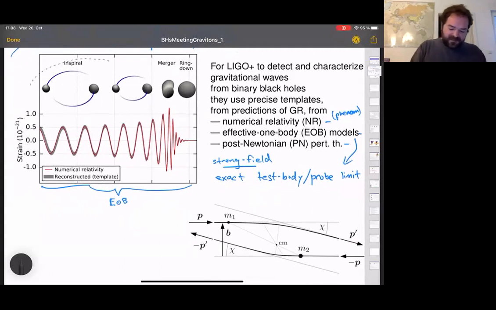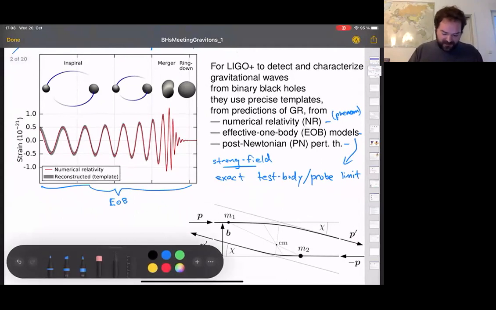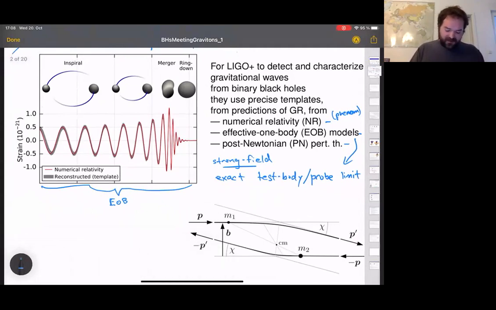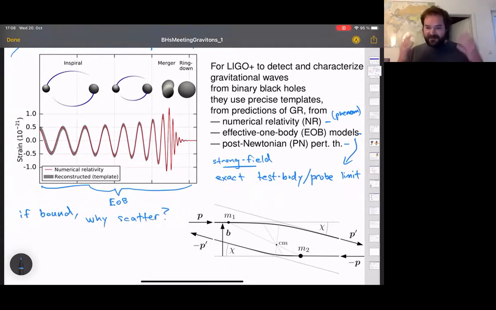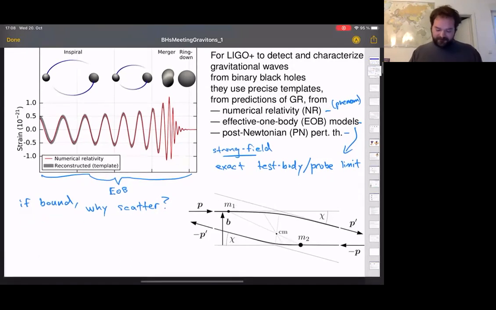And of course, the systems that LIGO sees are actually bound systems that in-spiral and merger. So if we're interested in such bound systems, why would we think about scattering? Which is what most of the rest of this talk is going to be about. Well, so